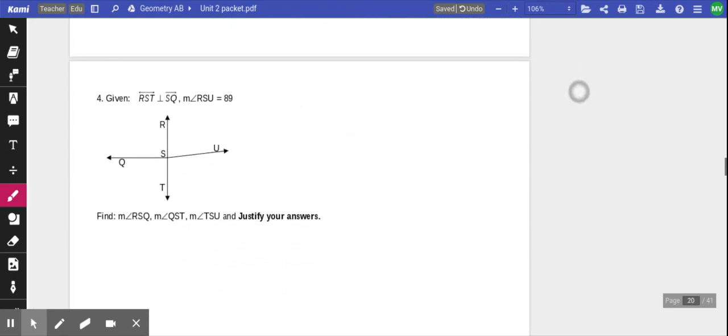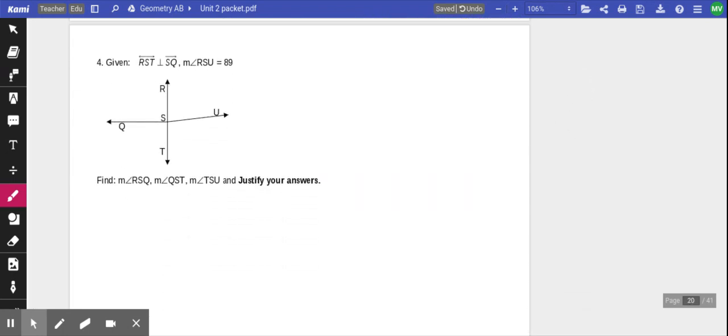Now, number 4 is not a proof. And I want to point out that it says justify your answer. So that means just do algebra or arithmetic and show your work. So it tells me that RST is a line and that it's perpendicular to SQ. But then it says that the measure of RSU is 89, which means,